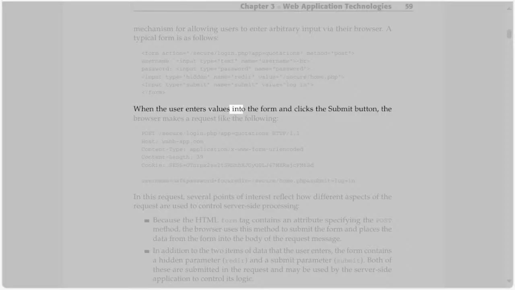When the user enters values into the form and clicks the submit button, the browser makes a request like the following. POST /secure/login.php?app=quotations HTTP/1.1 Host: wahh-app.com Content-Type: application/x-www-form-urlencoded Content-Length: 39 Cookie: SESS=GTnrpx2ss2tSWSnEhxEYGOLj47mxRsjC6bD username=staff&password=foo&redir=/secure/home.php&submit=log+in